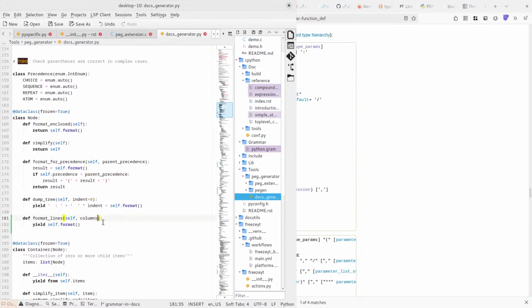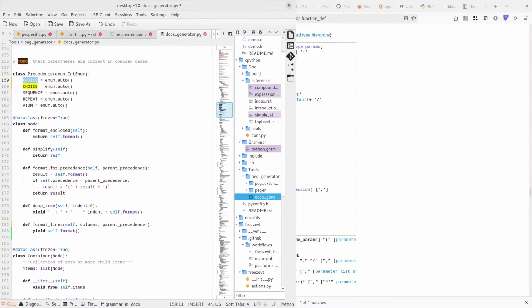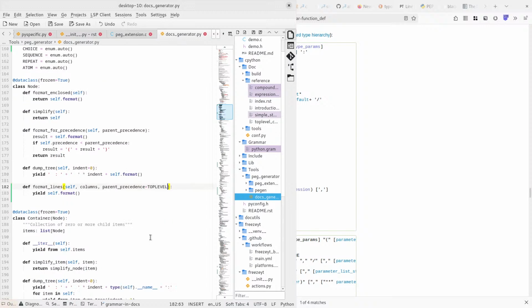Well, let's just add a parent precedence to every call of format lines, and the default for parent precedence can be, let's say, top level. Hopefully this will